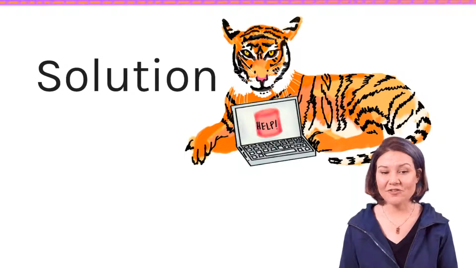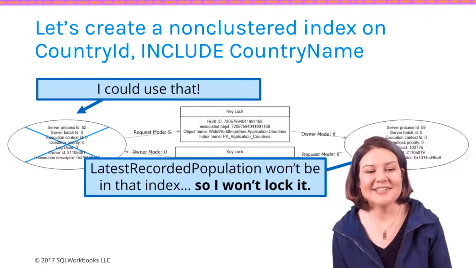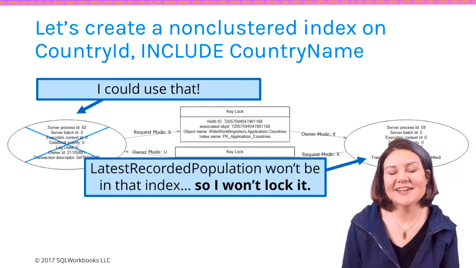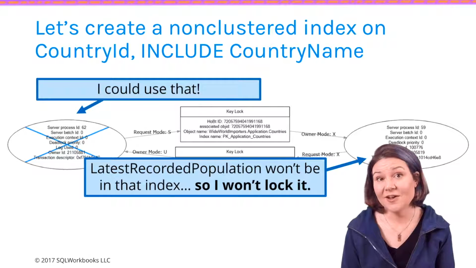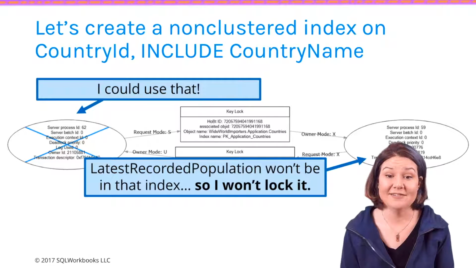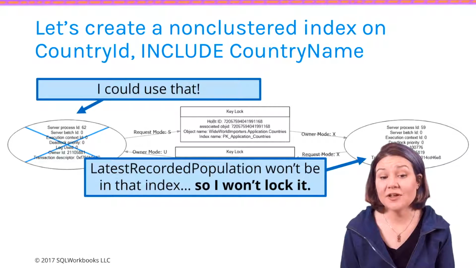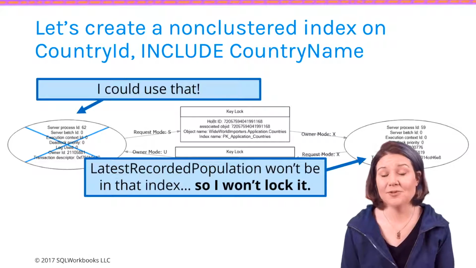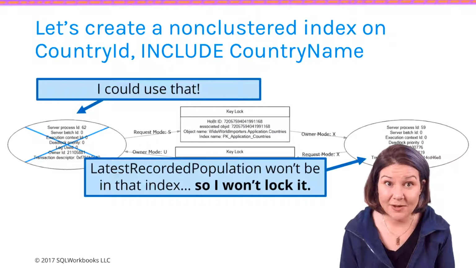All right, let's solve this deadlock. Here's the indexing idea I have. The indexing idea I have is to create a non-clustered index on country ID on the application countries table and include the country name. Now, the reason that I want to index application.countries is the select query wants a lock